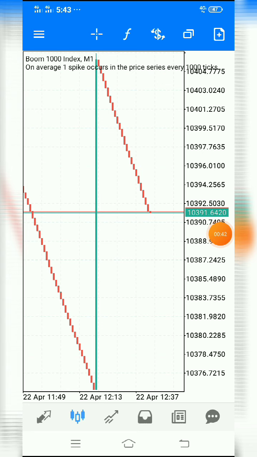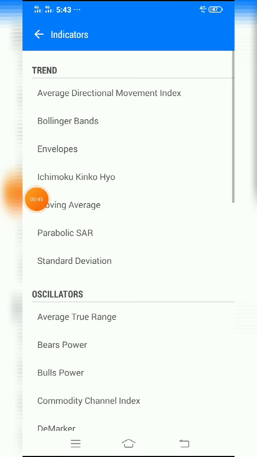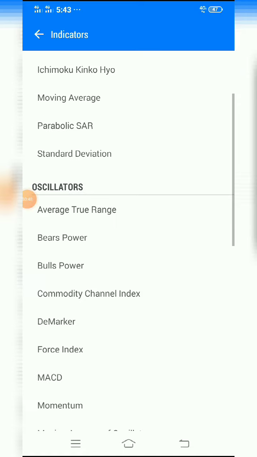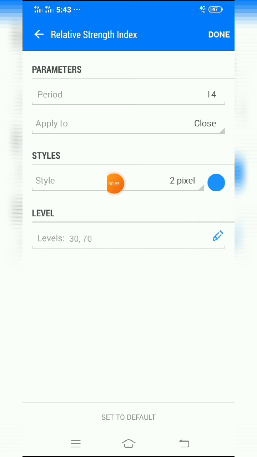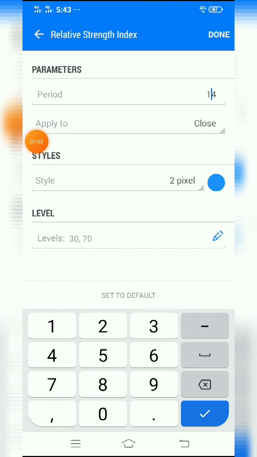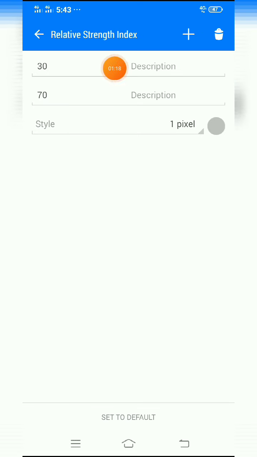So we have to go to the indicator section. We have to go to Relative Strength Index. We will quickly click on this option. The period is 14, but we have to set this to just one. We have to draw four, and now apply to close, style pixel 1, and we have to set these levels, also 30 and 70, but we have to close this, that's all.